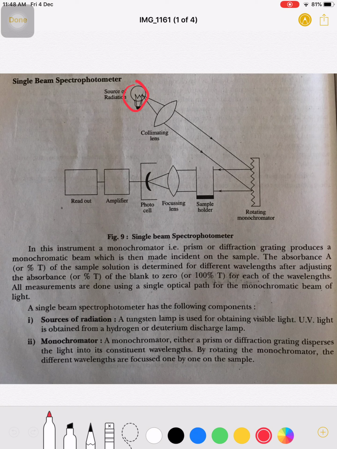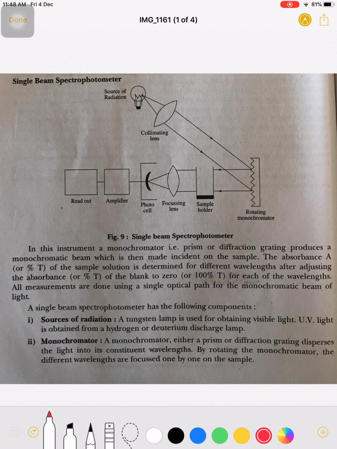The source is there, collimating lens. It is similar to the colorimeter. A rotating monochromator is there, sample holder, focusing lens, photocell, amplifier and readout. The figure is nearly similar to the single beam colorimeter. So in this case we are going to study the principle and how it works and what are the components